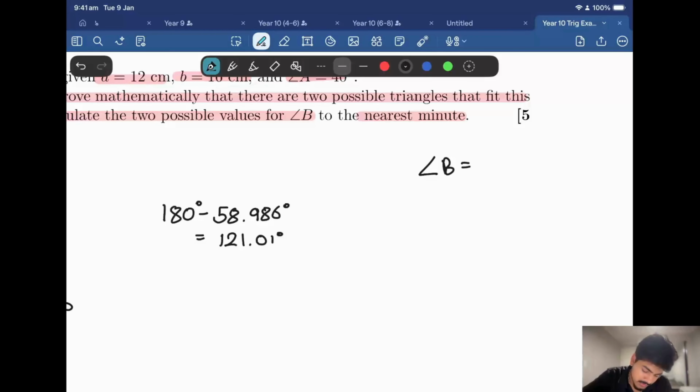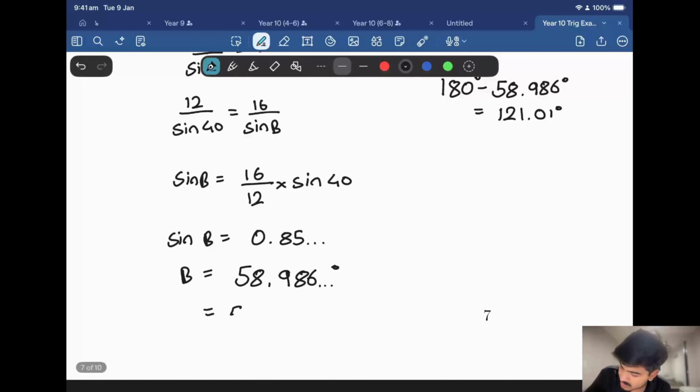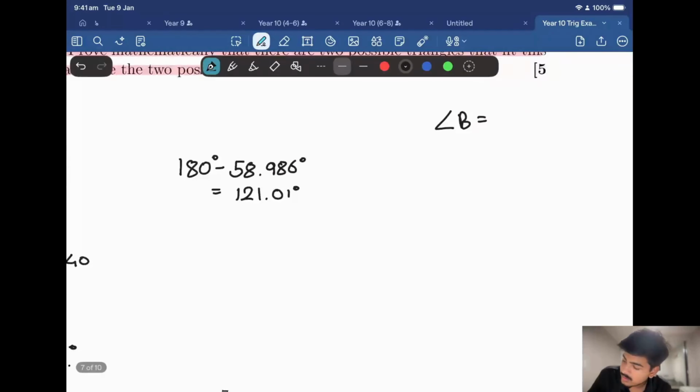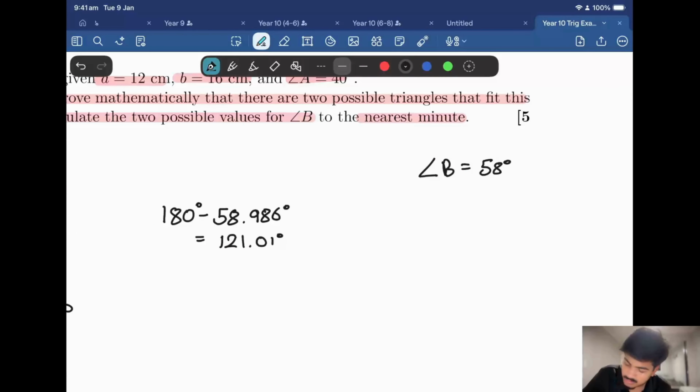Okay, wait. So we need to remember that we need our answer in degrees and minutes, right? So I'm going to convert this to degrees and minutes real quick. So 16 over 12 times sine 40, take the sine inverse of that. Okay, and then degrees and minutes, that's 58 degrees and 59 minutes. Okay, so angle B is 58 degrees and 59 minutes, or